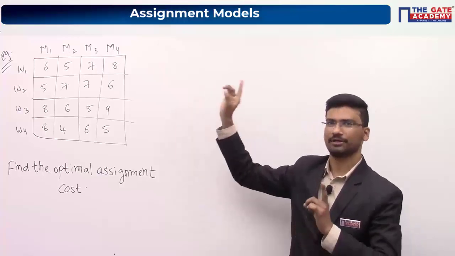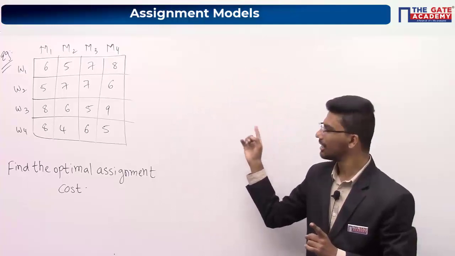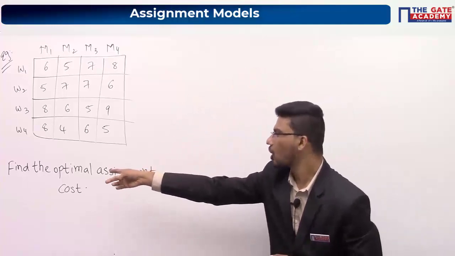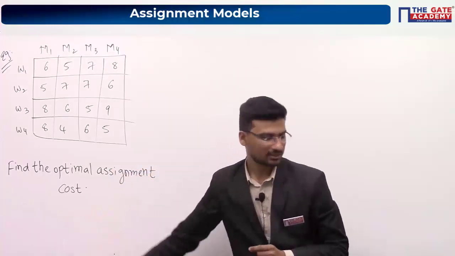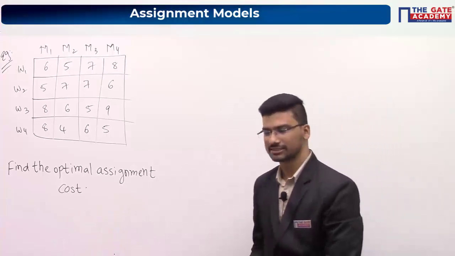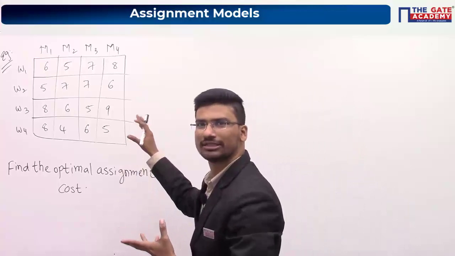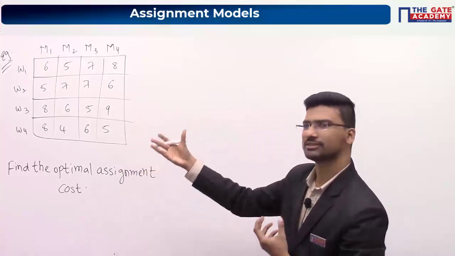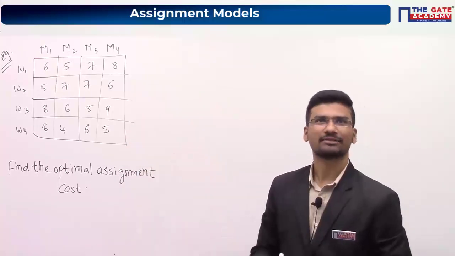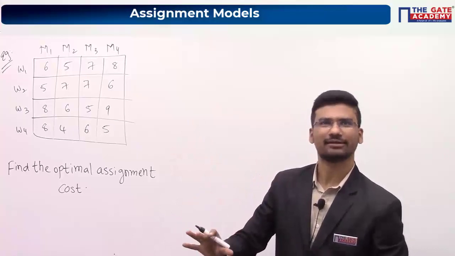Solve this question the same way: row reduction, column reduction, and ultimately you have to find the optimal assignment cost. So please solve this and tell me the answer. Hungarian algorithm, right? I am also doing this. If you are still having any confusion, you can clear that. Fine. So almost everyone got the answer as 20. Right. Correct.